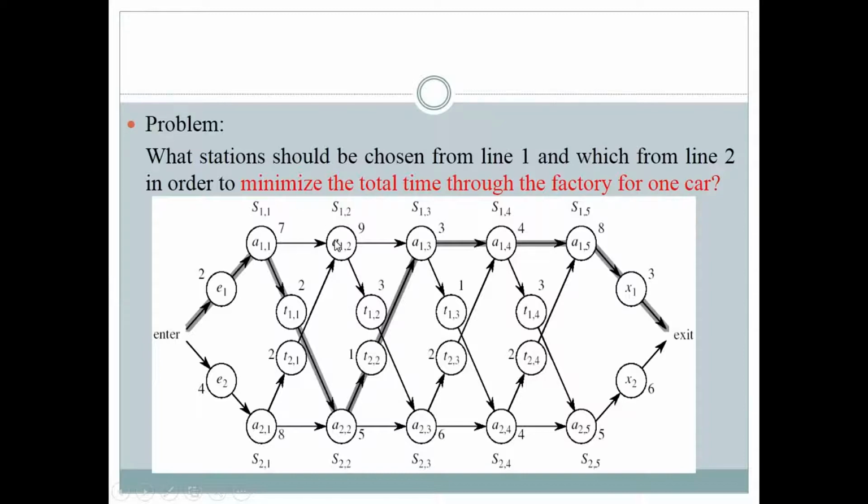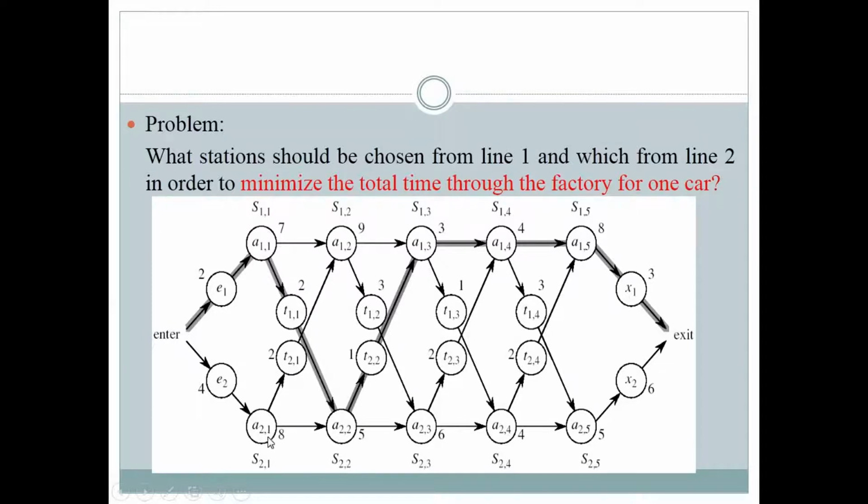A11, A12, A13, A14, A15 are the stations of assembly line 1. A21, A22, A23, A24 and A25 are the stations of assembly line 2. If you go from assembly line 1 to assembly line 2, meaning station S1 to station S2, then your transfer cost will be 2.